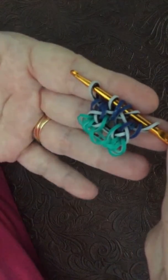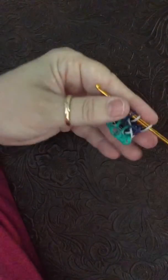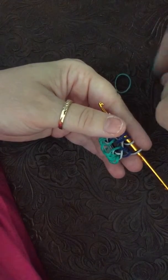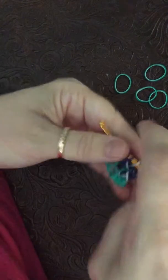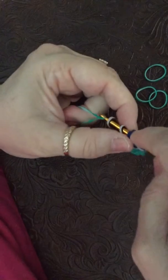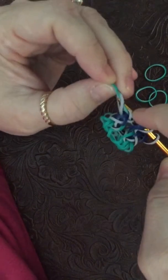Okay, let's do it again. It's time to go to the green now. So we're going to need 4 green loops. 2, 3, 4. The first one is going to go through the first 2 zebra,